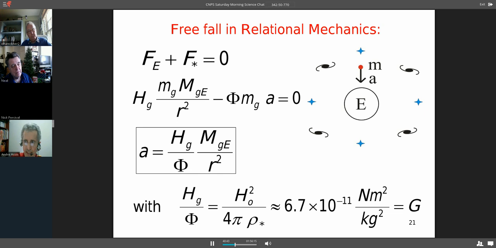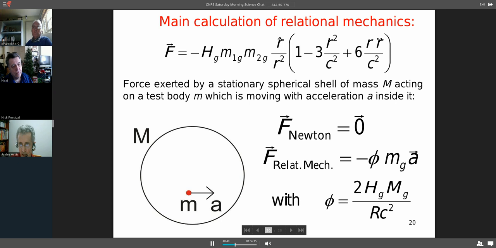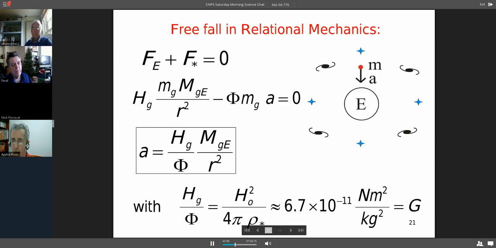The force exerted by all stars and galaxies will be the previous slide, which I calculated for a spherical shell, but now integrated over the whole universe. Okay? And when you perform this integration, we obtain minus capital phi ma. This capital phi comes from the integration of the previous result. Then I can pass this minus ma to the right-hand side. Then the two gravitational masses now cancel, and we obtain